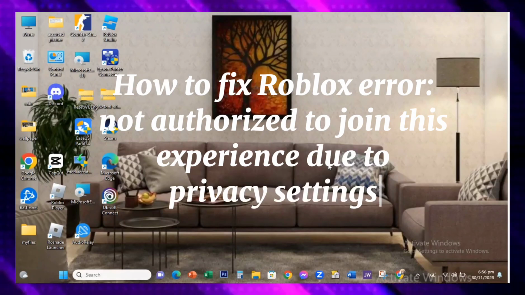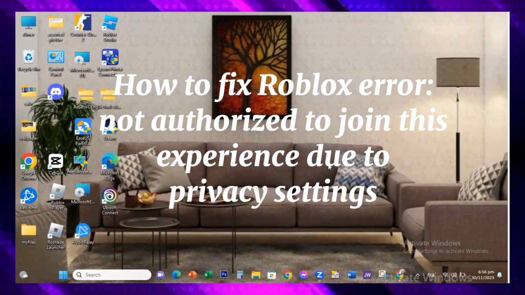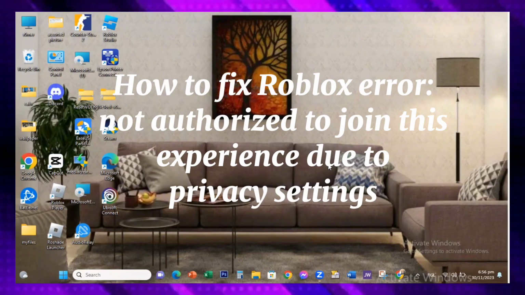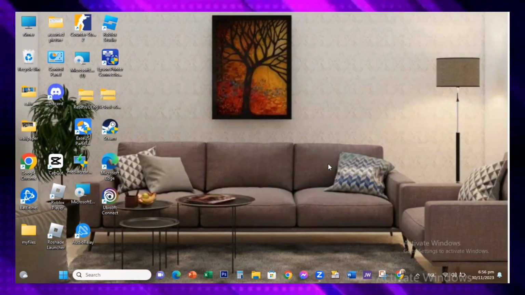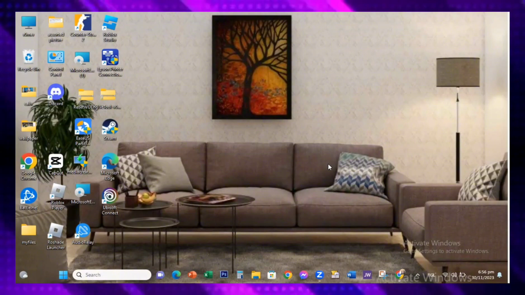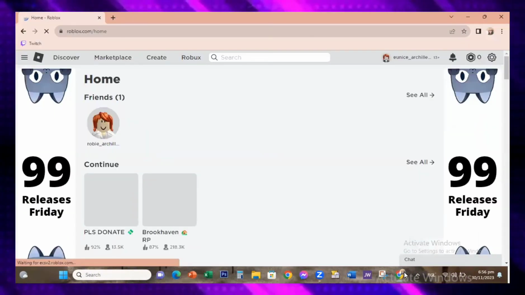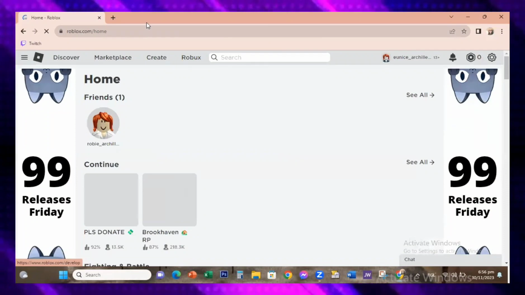So in this video, I'm going to show you how to fix the Roblox error "not authorized to join this experience due to privacy settings." So first, you need to log into Roblox on the website, and then the first solution